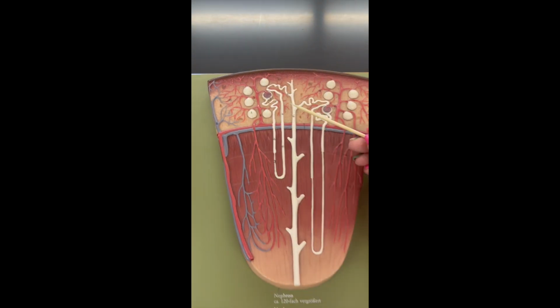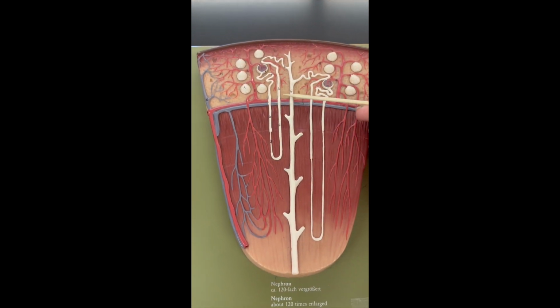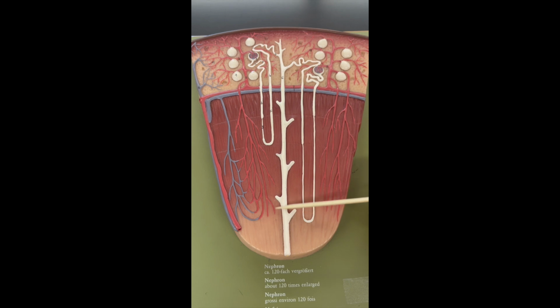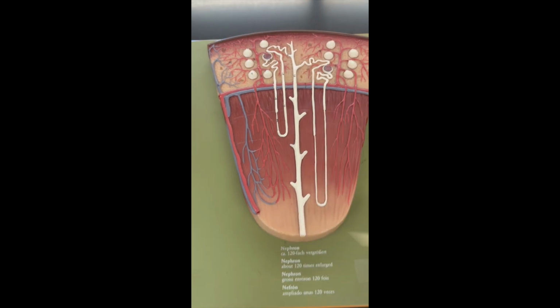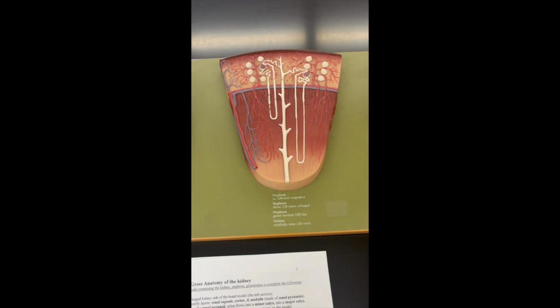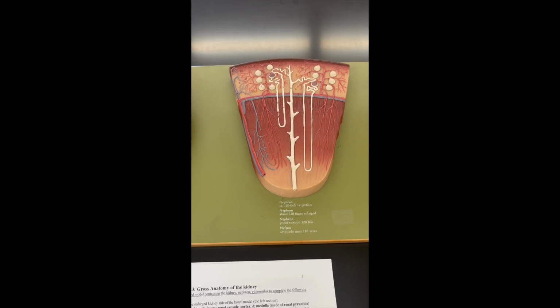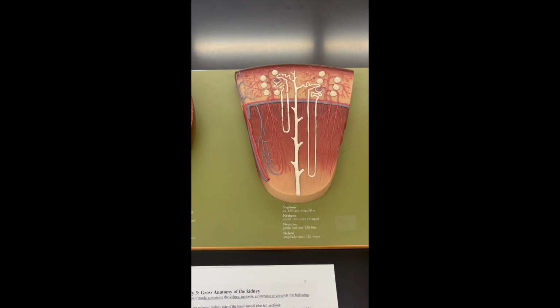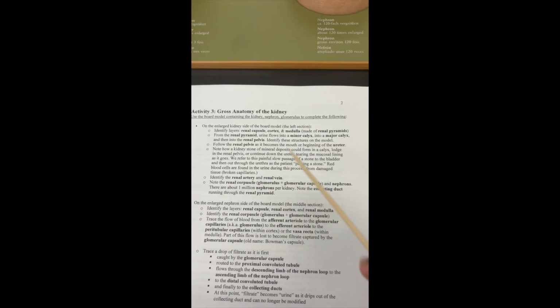And then all these nephrons are going to attach to a collecting duct, but know that the collecting duct is not part of the nephron, it's separate. It would be the step after the nephron. And that's all for this first part of